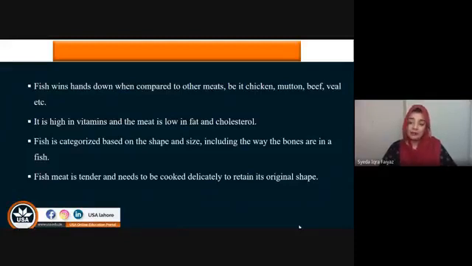White meat, for example chicken, is also lean meat. However, there are certain parts of the chicken that are high in fat. However,